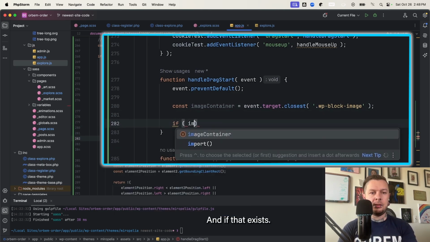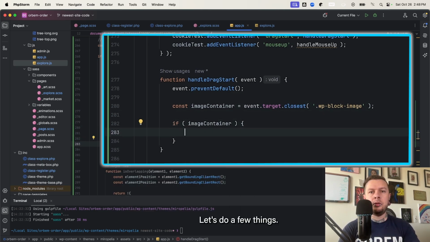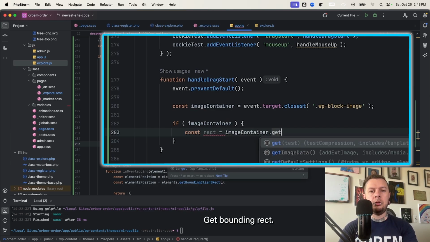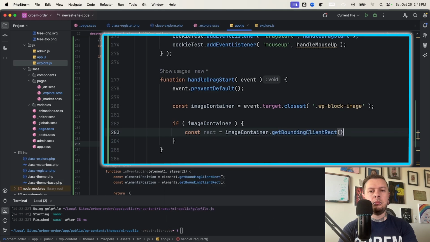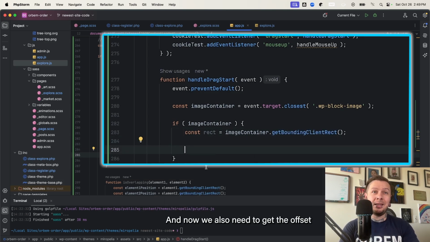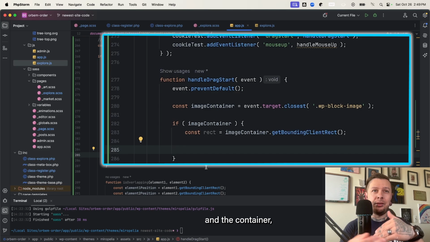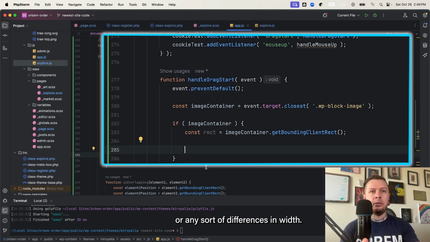And if that exists, let's do a few things. We'll get the bounding rect. So rect equals image container dot get bounding rect. And now we also need to get the offset between the image and the container in case there's padding or any sort of differences in width. So we know that we're actually grabbing the image's position, not the container's, but we're dragging the entire container with the image. So in order to do that, we need to define,